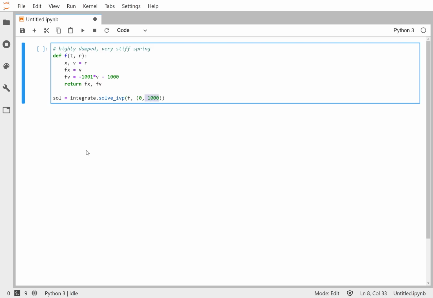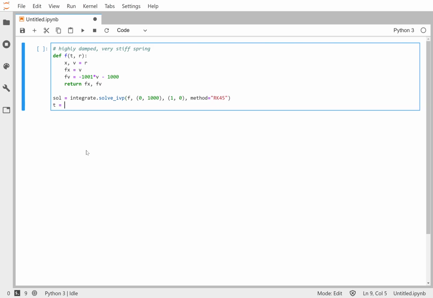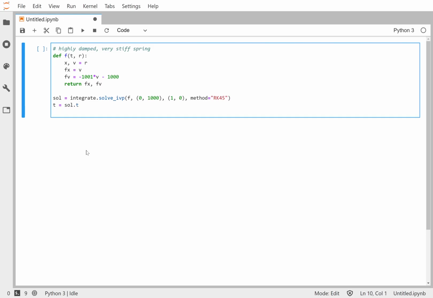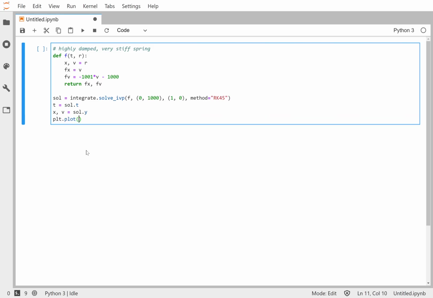Having a big time value here makes things kind of bad for us. We will start with initial conditions of x equals 1, v equals 0. That should be fine. I don't want them both to be 0 because it doesn't move. And then here for method, this is kind of extraneous, but let's just by hand put in the default method, and we'll look at what happens if we try different things. So we'll do RK45, and now to make a plot, we'll get our time values out of here. We'll get our x and v out of solution.y, it's called, and then let's just plot what it gave us, just to make sure it